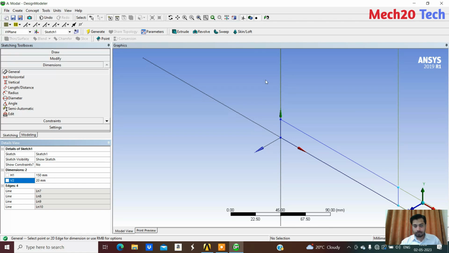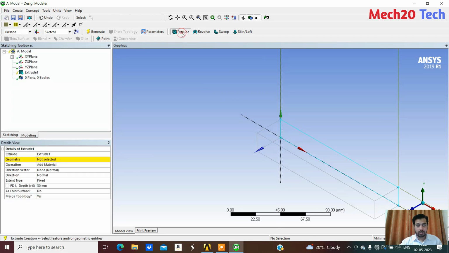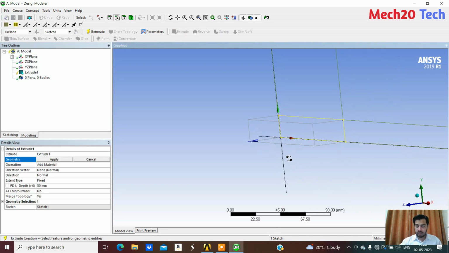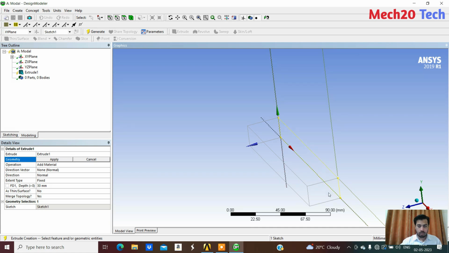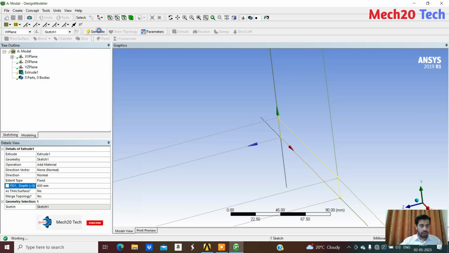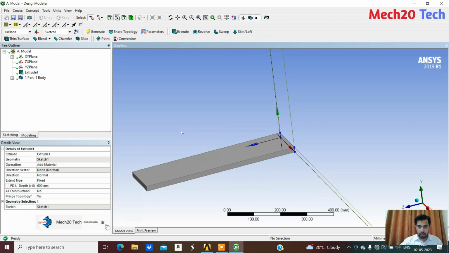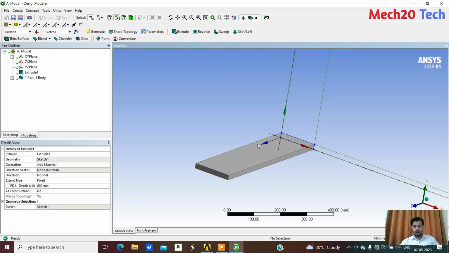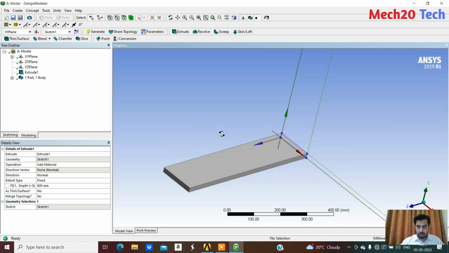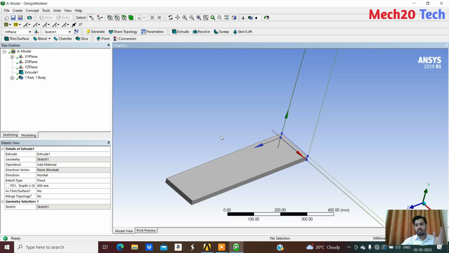Okay, after that I click on extrude. Once your sketch is completed, you click on extrude. It will give the third dimension to the sketch. You can see now it is converted into a box, and this represents the extrude length. You can see the dimension of the extrude length. It is 30 millimeters, so you can change it to 600, and after that you click on generate. When you click on generate, it will generate the geometry like this. You can see now it is the extruded geometry. It becomes a plate. Okay, so you can make this type of plate or design in the Ansys user interface,